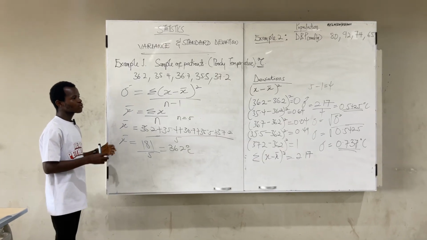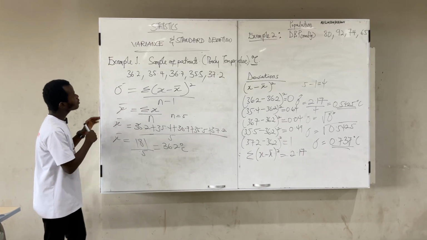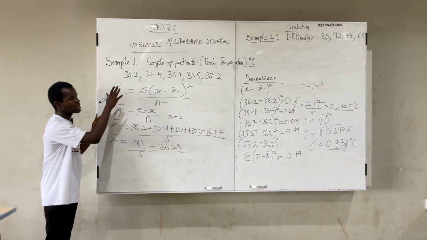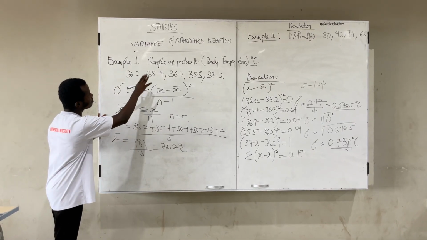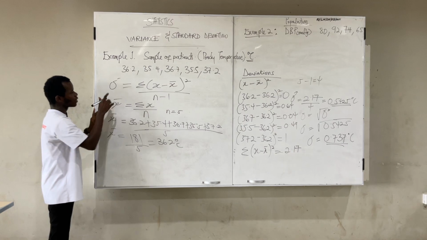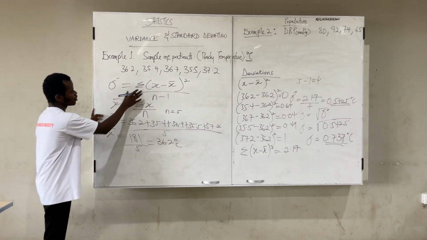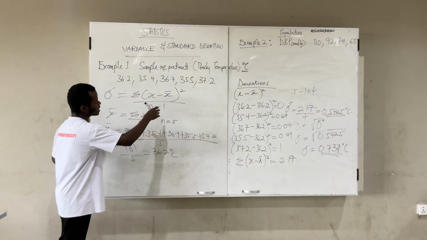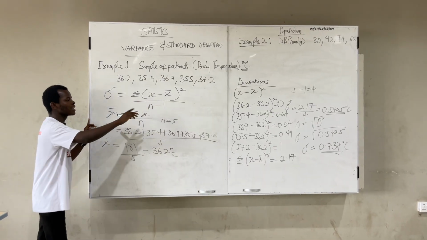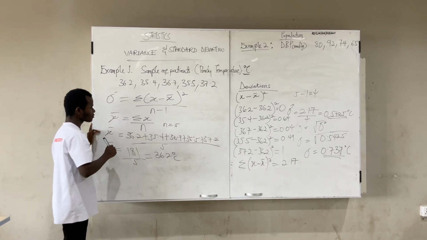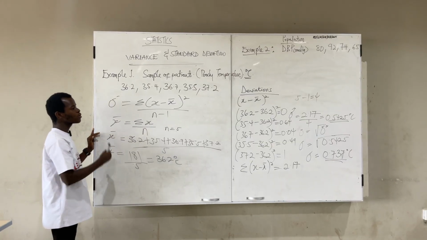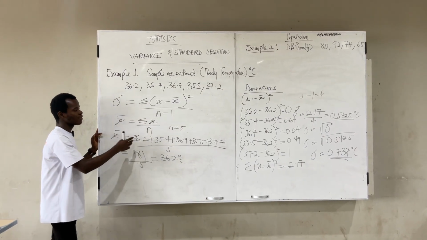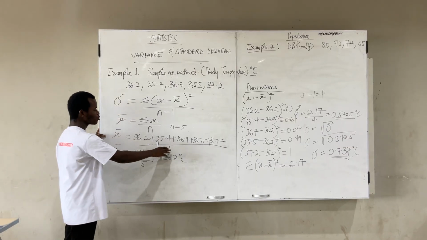degrees Celsius. So for calculating the variance, I said first you put down the variance formula for sample data. You put down the formula, which is the summation of x minus x bar all squared, divided by n minus 1. So in the formula, you are supposed to calculate the mean, and the mean is the summation of x all divided by n. And we got the mean to be